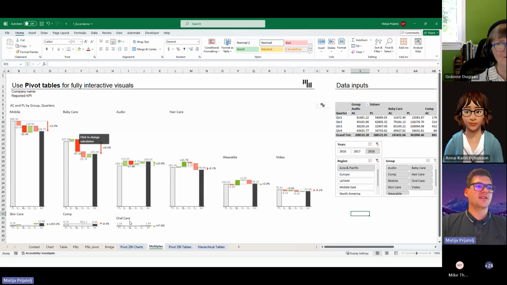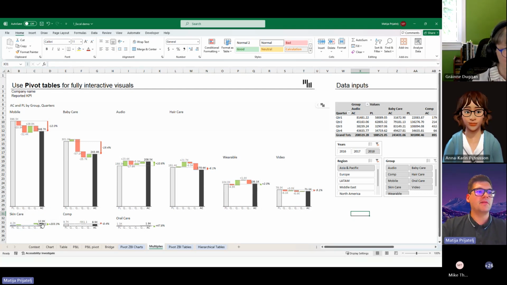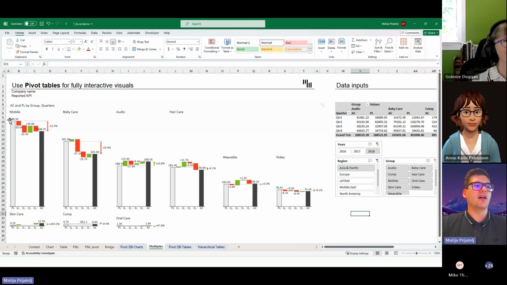And then we can actually see that maybe, I don't know, our computers or our skincare is performing very well, but our skincare is such a small part of our portfolio, right? That it may be better to focus on this problem that we had in Q2 for our mobile, because this will mean that we are going to create actually 5 times more revenue, right? Than if we would push something that we were doing on skincare. Or why not do both? You know, this is the best thing,